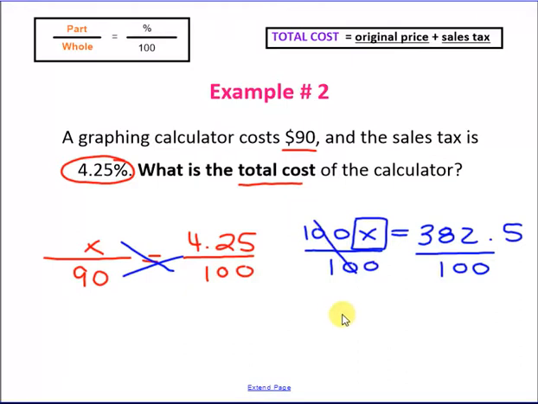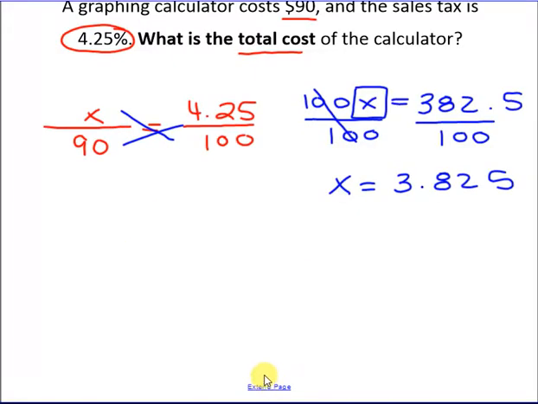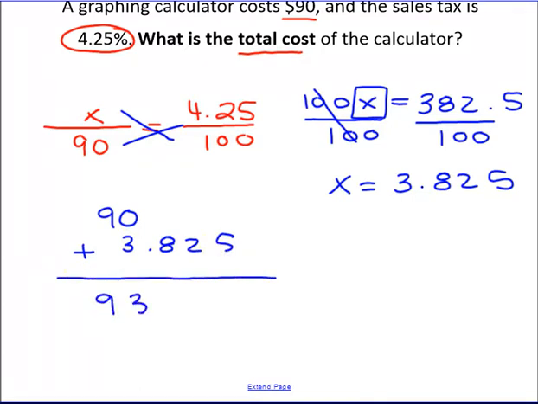This cancels, and X is going to equal 3.825. Now, I need to add that back onto the $90, which is the original price. So 90 plus 3.825, and that's going to give me